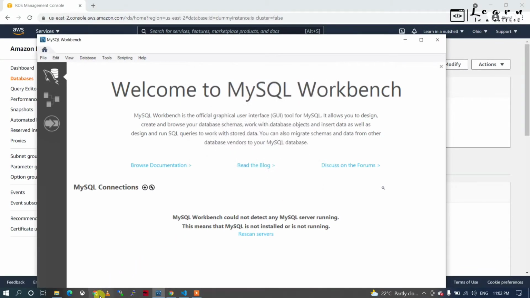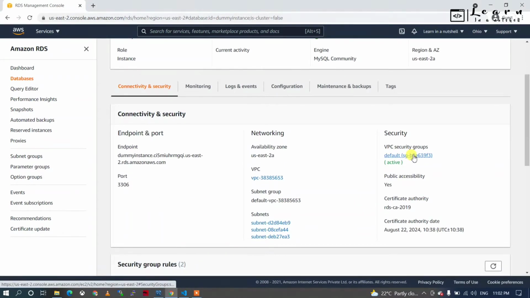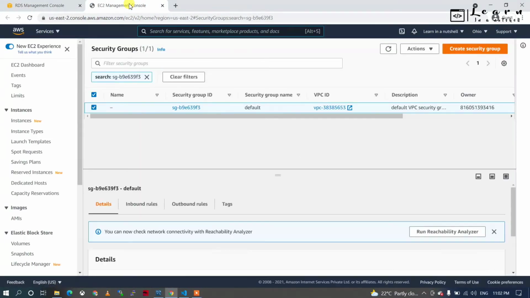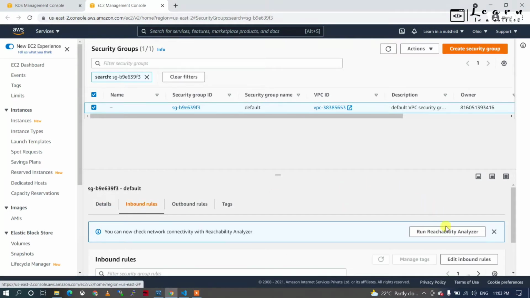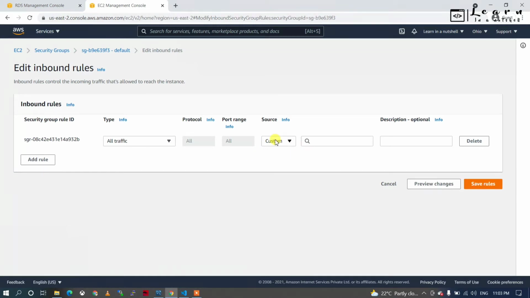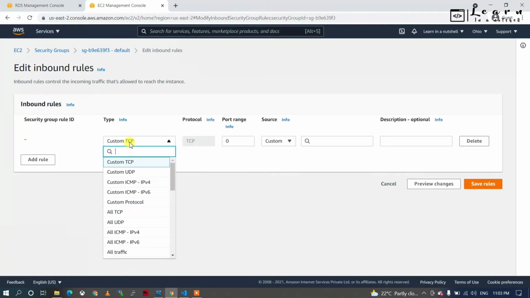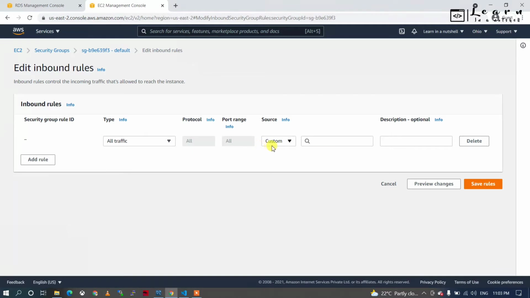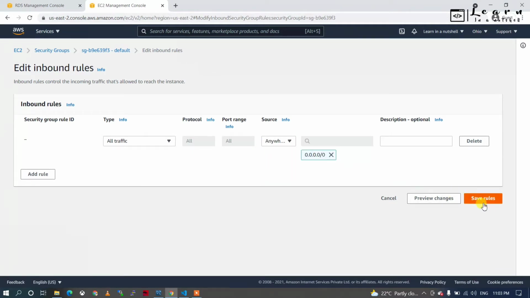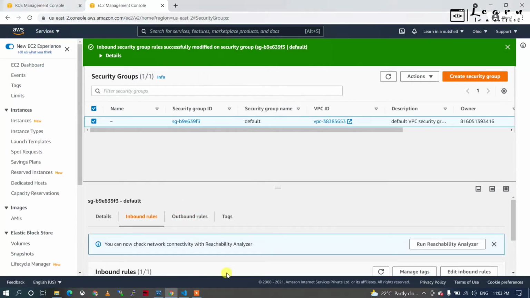Okay, now what we'll do is check the security groups. Let's open the security group in a new window and check the inbound rules. Basically it has been set to default as of now. Let me delete that and select all traffic, custom, anywhere, and save rules. Once that is saved,